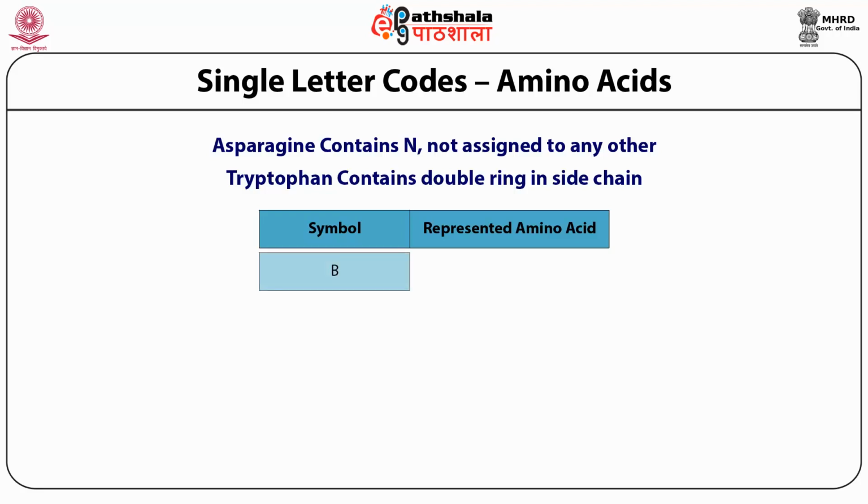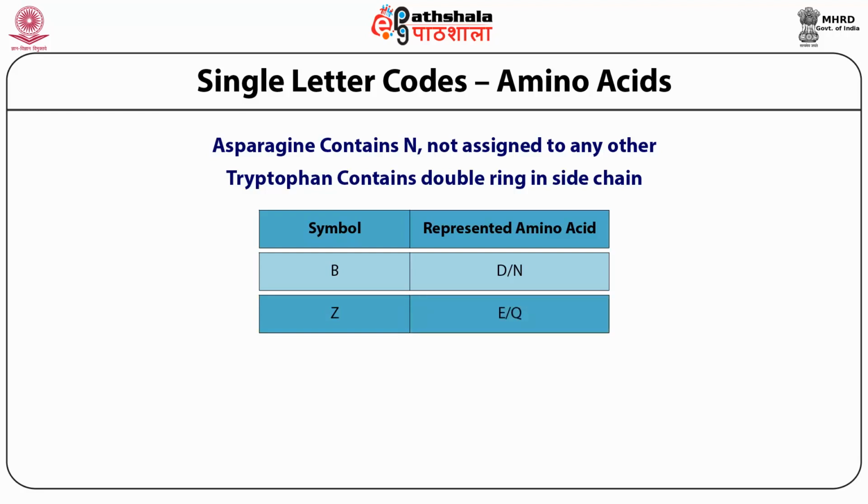B is assigned to either D or N, Z is assigned to either E or Q, and X for any amino acid. Specific bioinformatics software packages and online tools can open the sequence data files in their recognized